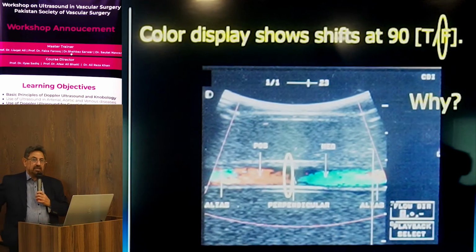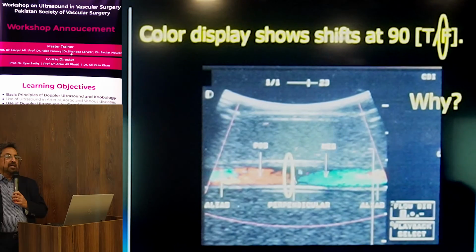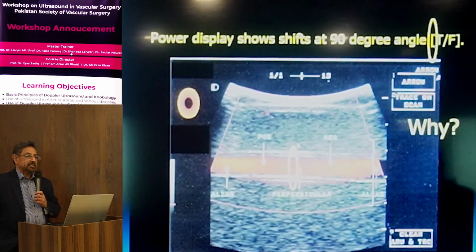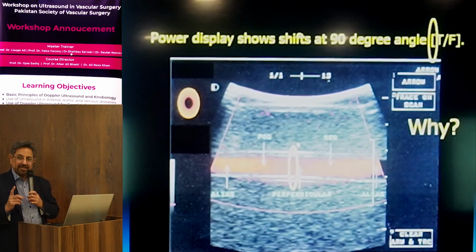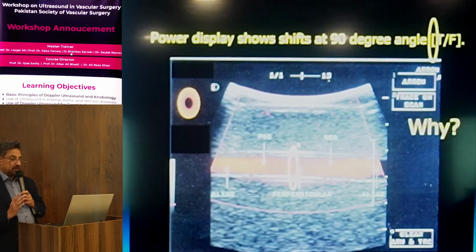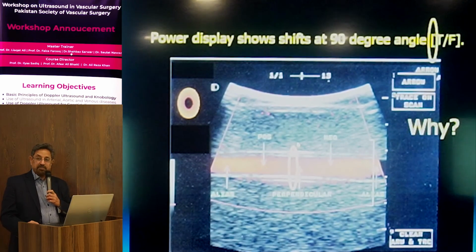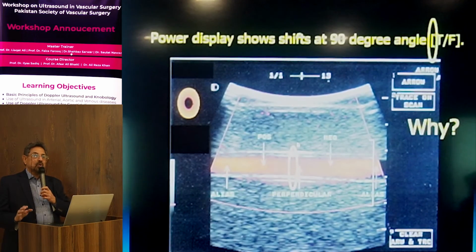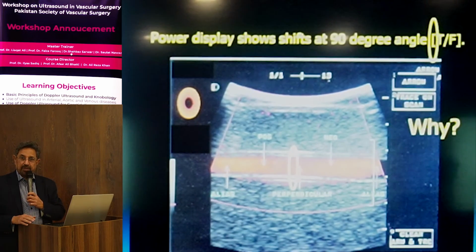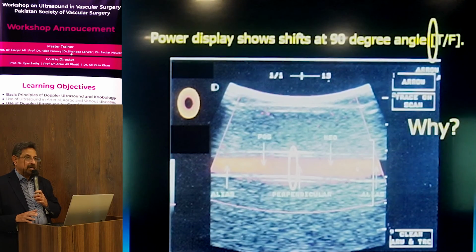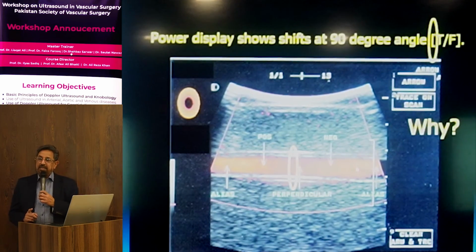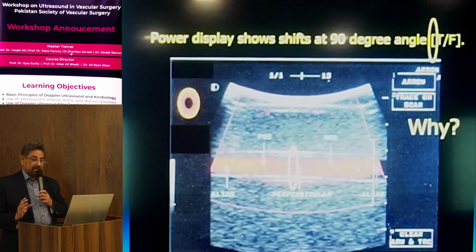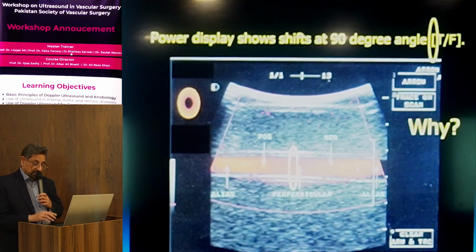Power Doppler. With the advent of newer techniques, people introduced power Doppler so that it should not be angle dependent. We should get some information on whether flow is present or not, which is qualitative. For qualitative analysis, power Doppler is very good. It is not angle dependent. You just want to know the presence or absence of flow. You are not interested in measuring or quantifying the velocity. But if you want quantitative analysis, you must have the angle, and color Doppler and spectrum. And the spectrum is the basis of that.